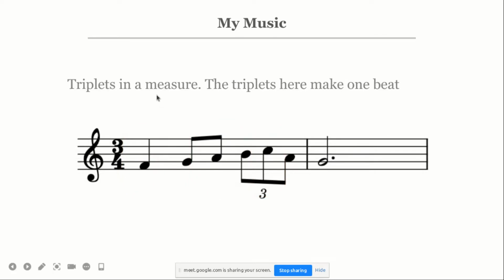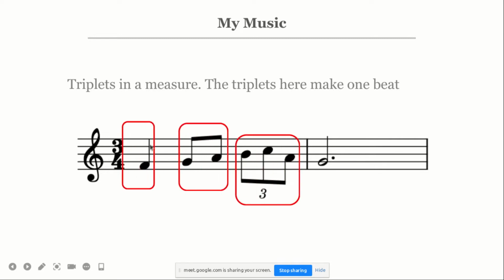Let's look at this other one. Again, we have triplets in this measure, and this is 3 crotchets in a bar. The first beat is this crotchet here. The second beat is these 2 quavers, and the third beat is these 3 quavers with a triplet. So these 3 notes in a triplet, again, are 3 notes played in the time of 2. So whenever you see 3 quavers with a triplet, it's equal to 2 quavers, which is 1 beat. So this bar is not more than enough. We don't have extra notes in this bar.